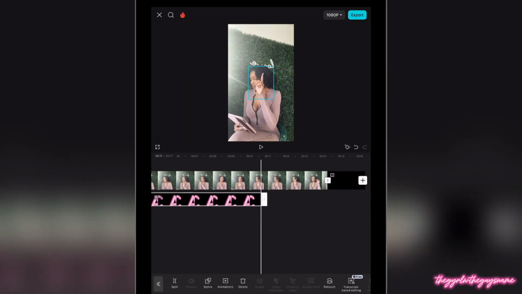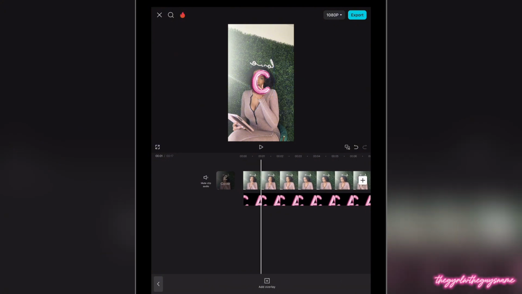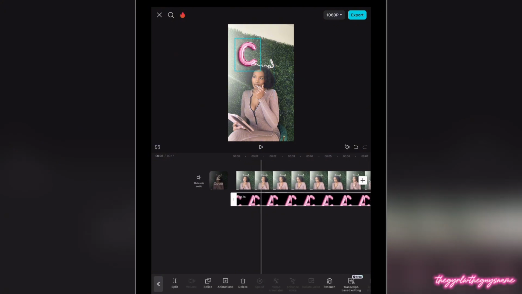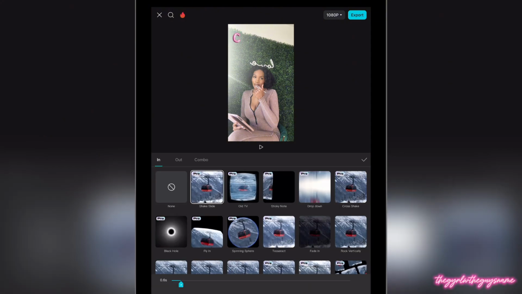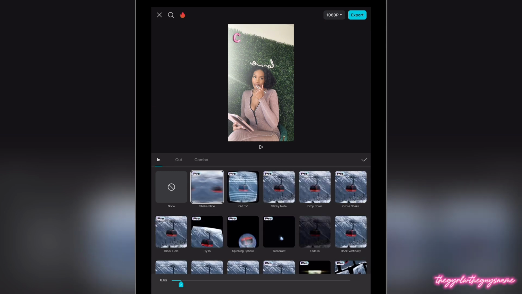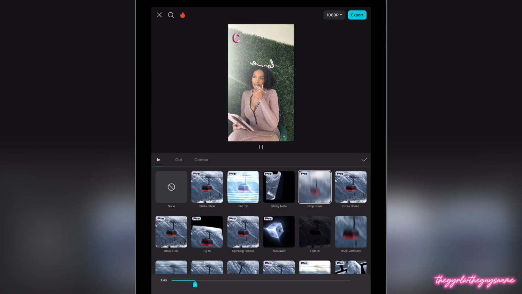I'm just going to drag this to the end of the timeline so that I can have as much space as I need. The first word that's going to pop up is going to be Canva. So I'm just going to drag it exactly where I want it, like this. And we're going to go to animation. We want this to come into the scene with an animation. So I'm just going to choose